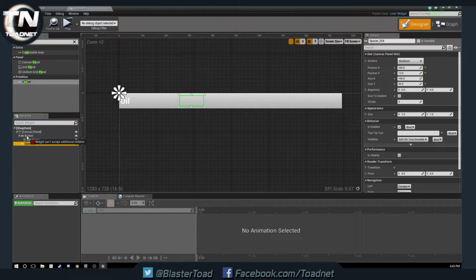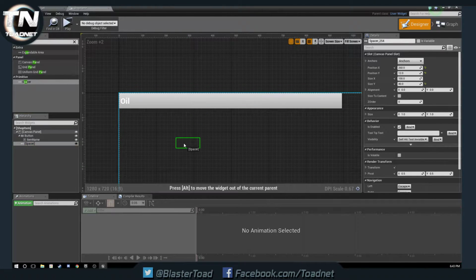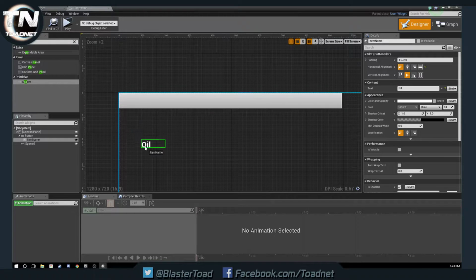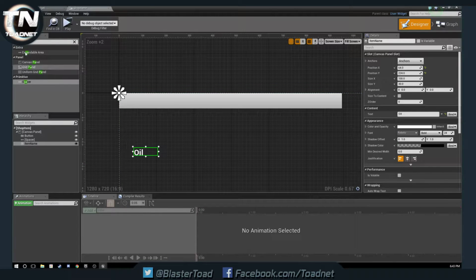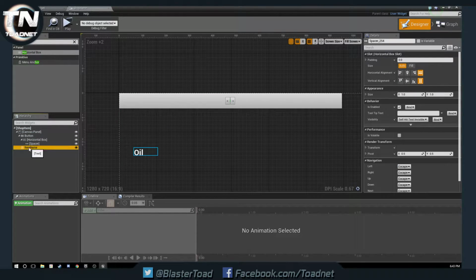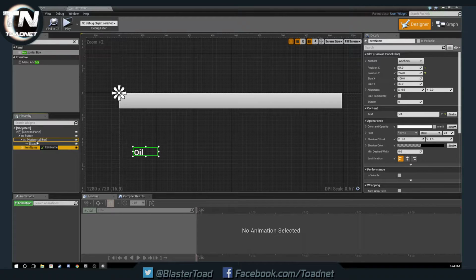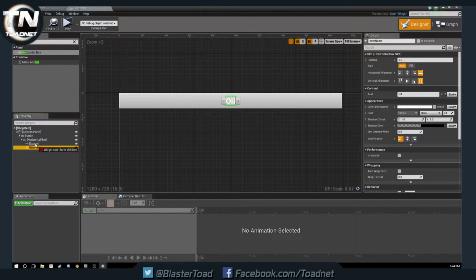Why is the spacer... Widget can't accept additional children. Right, the button only wants one child unit, so we are going to have to put in a horizontal box. And a horizontal box will sit in our button, and then within the horizontal box we can put the spacer, we can put our name item,